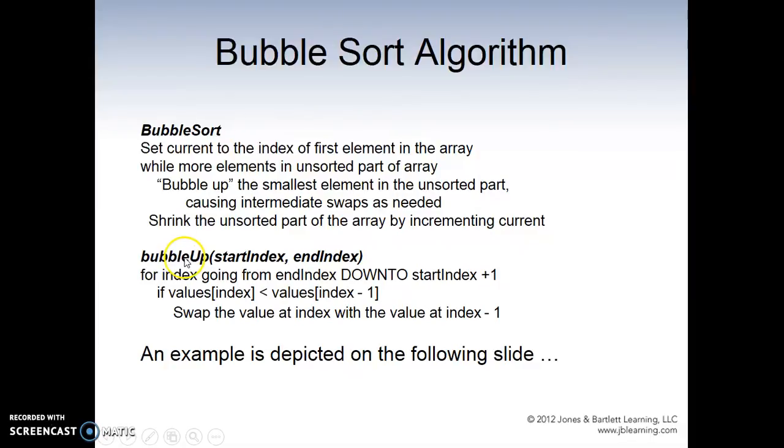Bubble up methods pass the start index and end index. Iterate index going from end index down to start index plus 1. So this starts to compare the values. We look at end index down to start index plus 1, and we start to compare from the index itself. Start from index to end index. Just look through the list, and